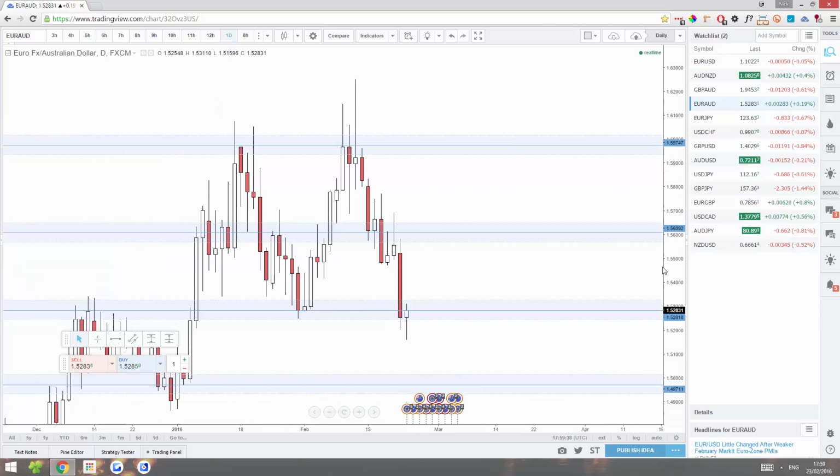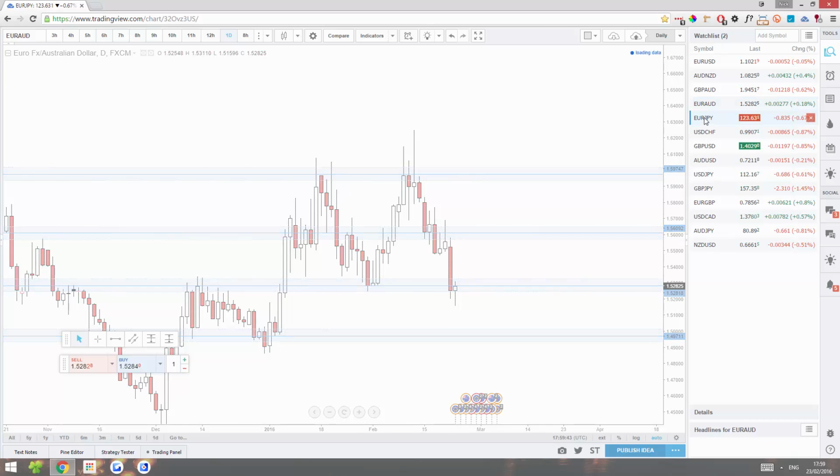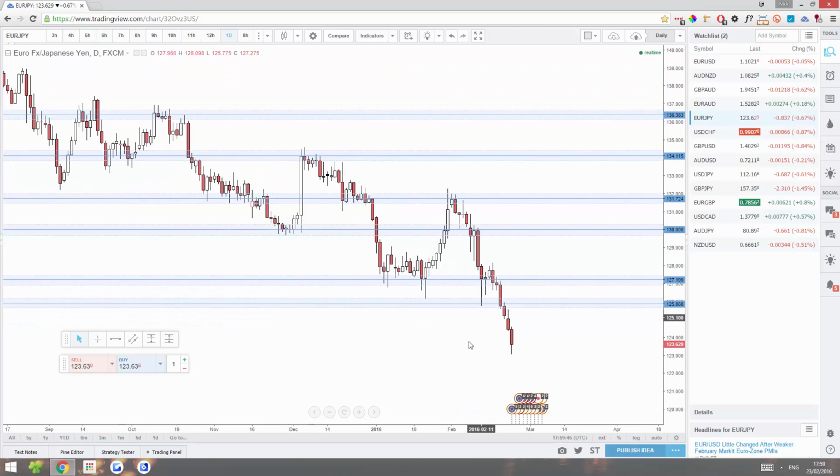Bad risk to reward ratio. It doesn't really feel like a trade that's too safe in my opinion. But again, that's up to you. If you have different rules, you might want to go for it. Euro JPY, we need some